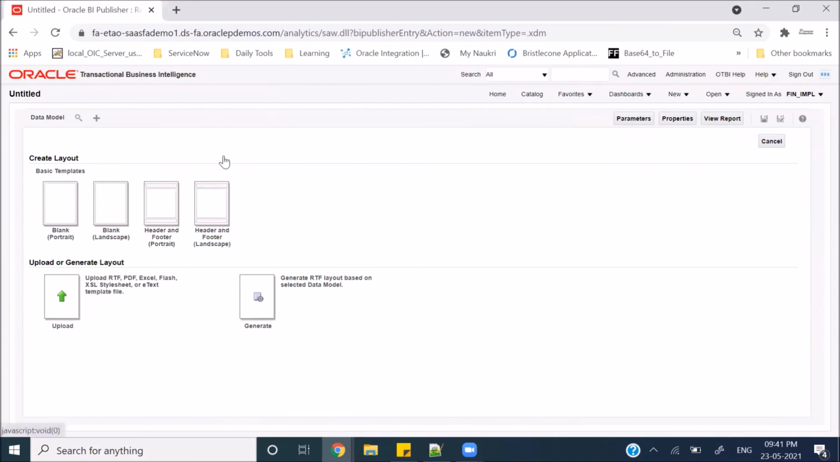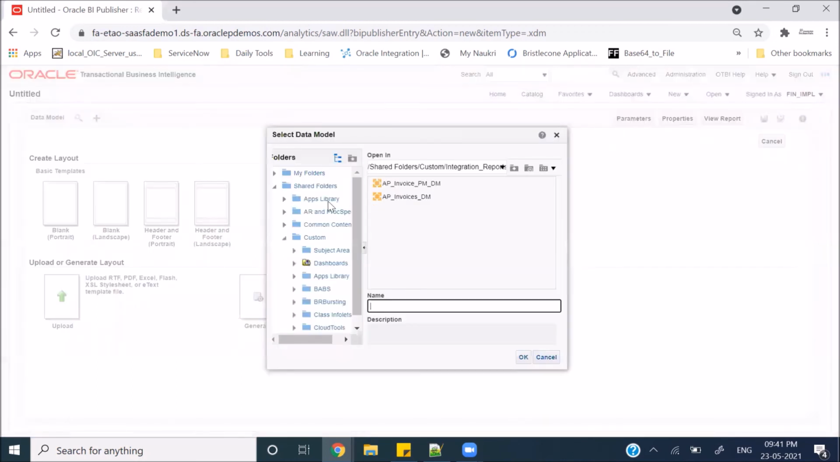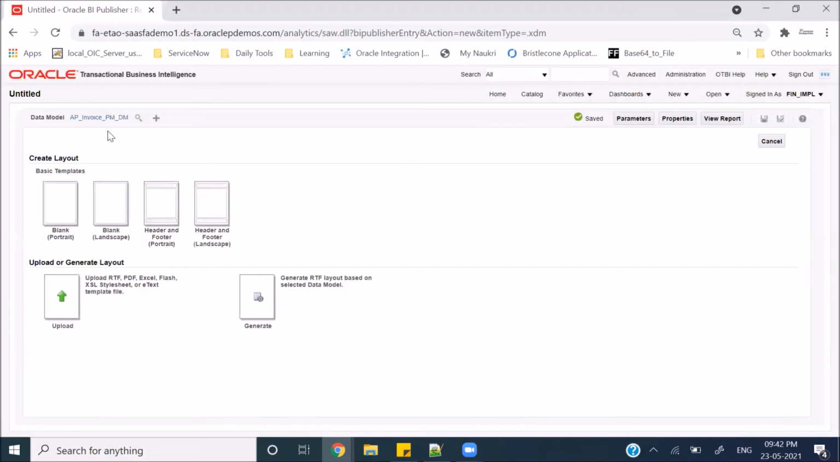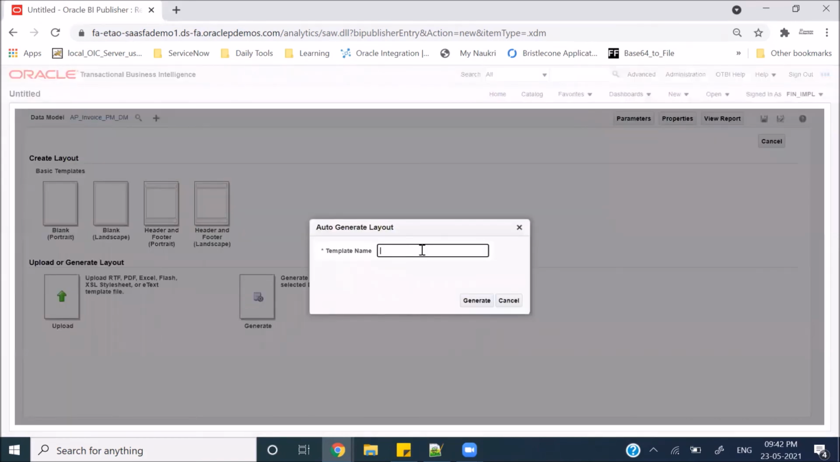So I'll just select the data model, and here we can see AP invoice with parameter DM. This is the data model. I'm just selecting it. After selecting the data model, if I click here, generate RTF layout, it will actually just ask me the template name, and based on the data model which I have selected, it will create a template for me, RTF template, and then we are good to use that template inside our report. So the template name I'm going to give as, let's say, just a demo template. I'll click on generate,